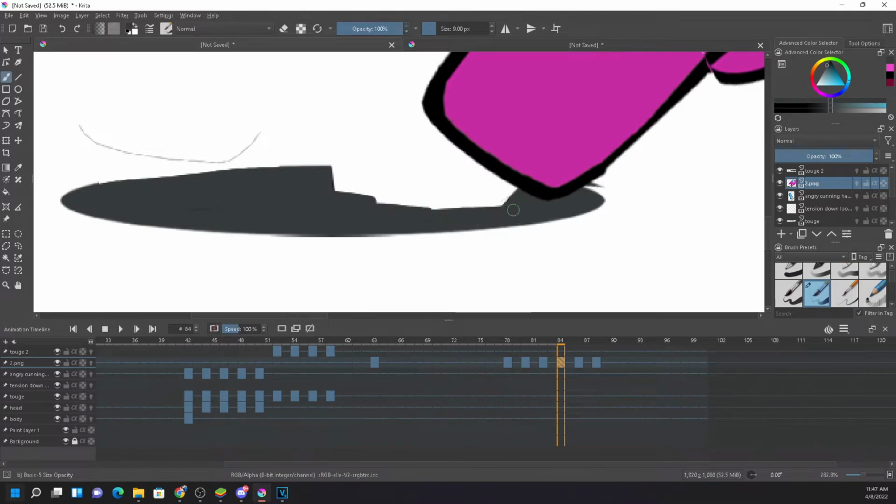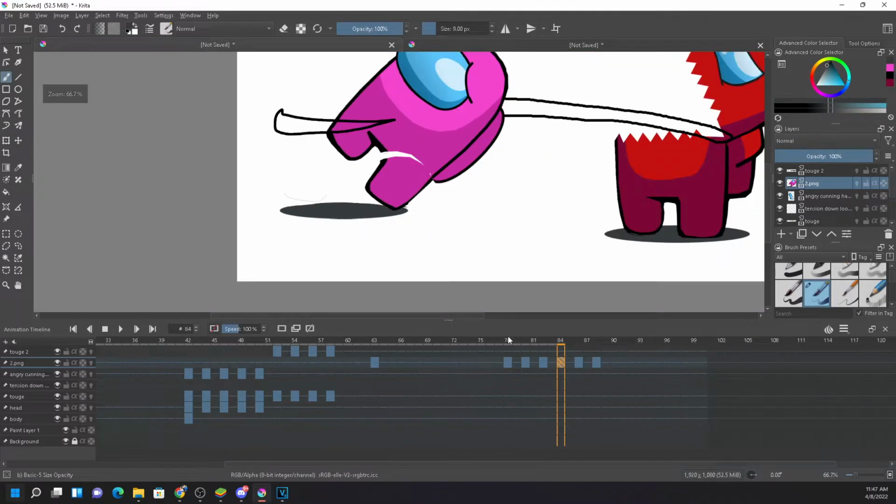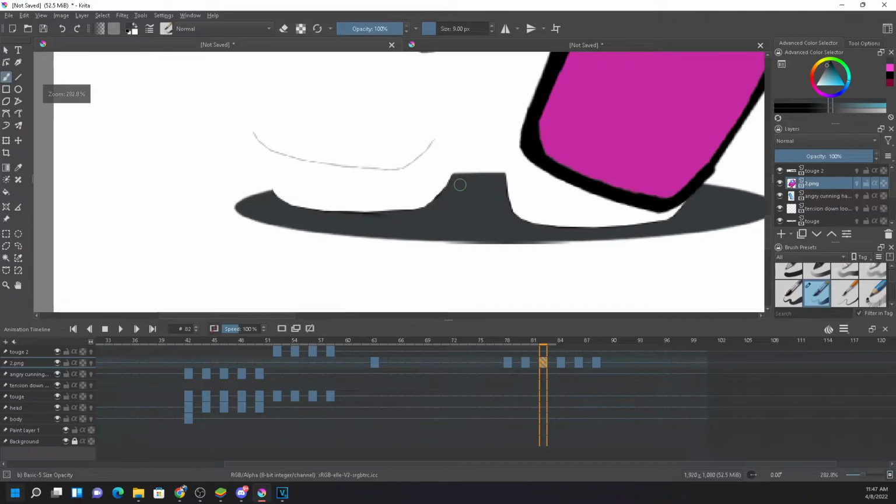In cartoons, majority of the time you're not going to see the shadows because it makes animation take so much time. So in most of them you will only see the shadows in some cases.